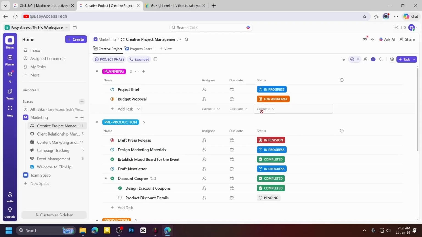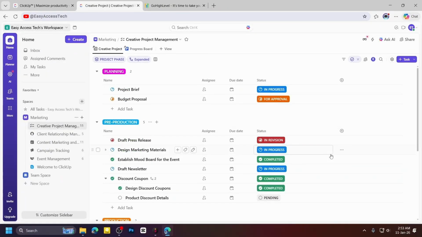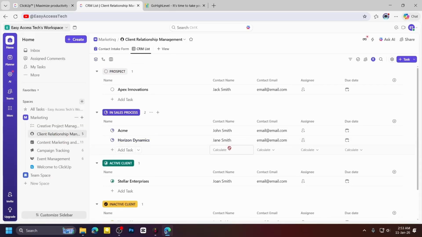First of all, let's start with ClickUp. ClickUp is a platform that helps you organize tasks, projects, and teamwork in one place. Imagine you have many tasks to complete, deadlines to meet, and people to manage. ClickUp gives you boards, lists, calendars, and timelines to keep everything in order. You can create tasks, assign them to team members, set the due dates, and add comments or attachments. This keeps your team aligned and reduces the confusion about who does what kind of work and when